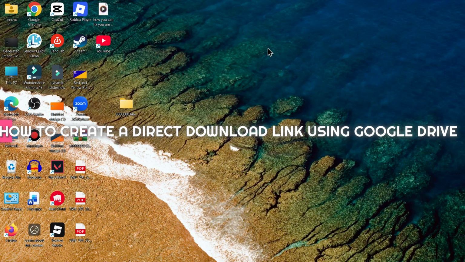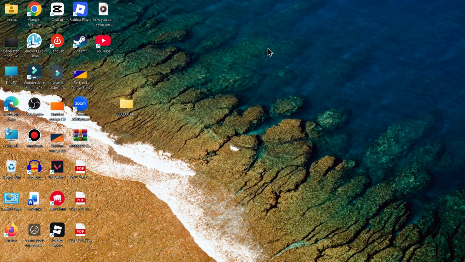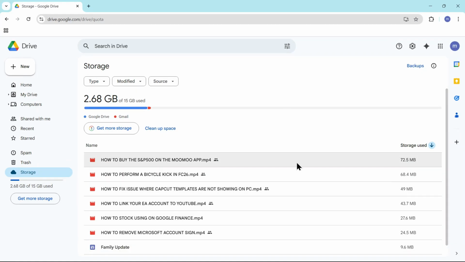In this video, I'll show you how to create a direct download link using Google Drive. This method is very useful if you want to share files or folders with others and allow them to download the content easily. To get started, open Google and go to Google Drive from the Google Apps menu in the